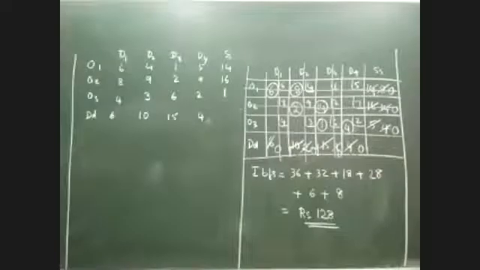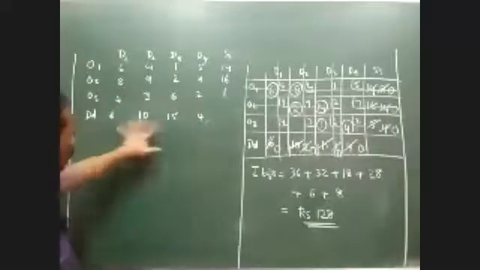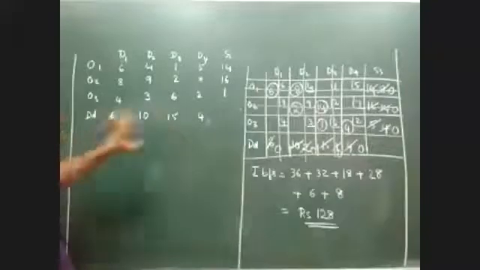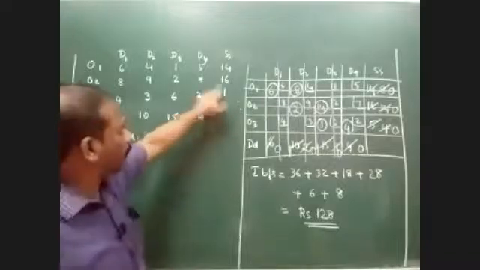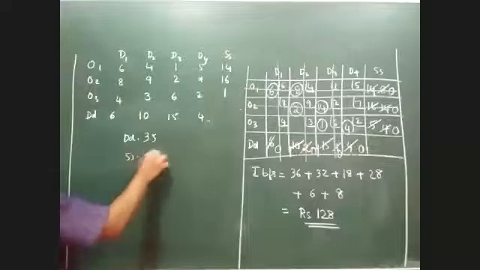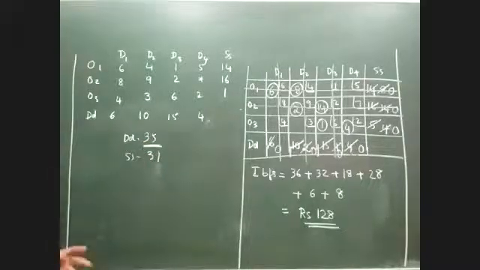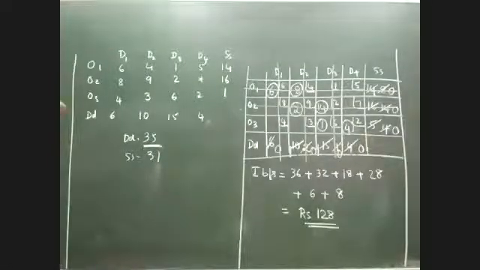Now, if you look at this question clearly, it is very obvious that the total demand is not equal to total supply. First, let us see what is the total of demand and what is the total of supply. If you take the total of demand, I think it is the same. So 25 plus 10, 35. So the demand is 35. But when it comes to supply, 14 plus 16 is 30, 30 plus 1 is 31. The supply is 31. Obviously, 35 is not equal to 31. Therefore, at the very first instance, you can come to the conclusion that it is an unbalanced transportation problem.